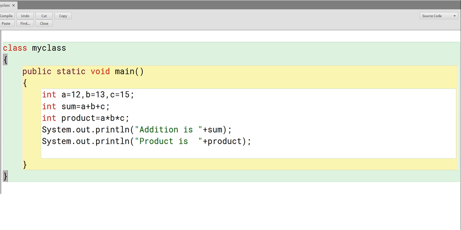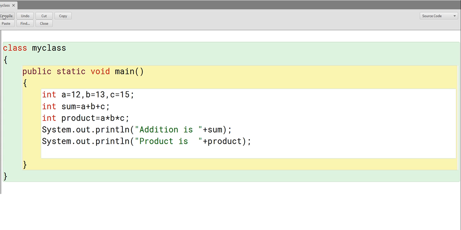Don't make mistakes, and take care of the case sensitivity of the language. It means where you have to use capitals and where you have to use small letters, because Java is a case sensitive language. Here the capital and small letters have different meanings. So for example, if you take a variable a and here you use a capital A, it means this small a and capital A are treated as two different variables. So take care of this thing, the case sensitivity of the language.